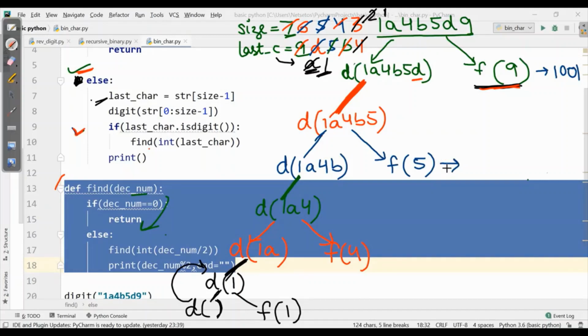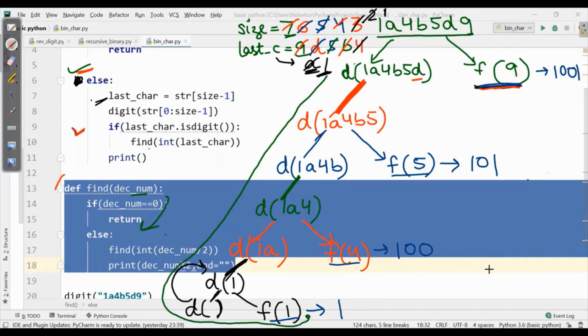Similarly, it will work for F5. Now I hope you can calculate for 5, 4 and 1 as well, as I have explained this 9. So F5 is 101, F4 is 100, and 1 will be just 1. So when we traverse this, we will go, and here first it will print 1, then it will go to F4, then it will print 100, then it will go to 5, which will return 101, and then F9, which is 1001.